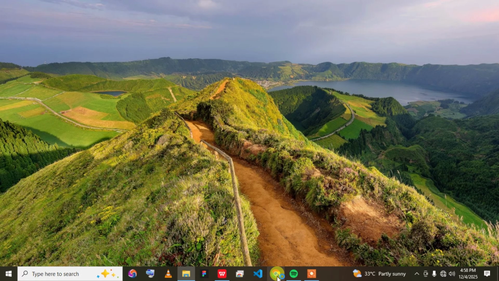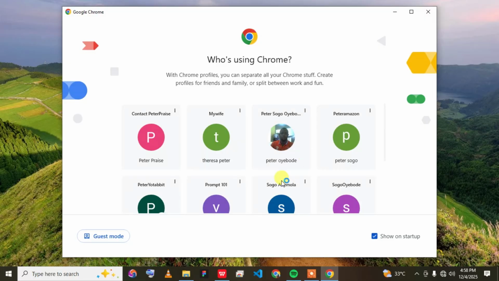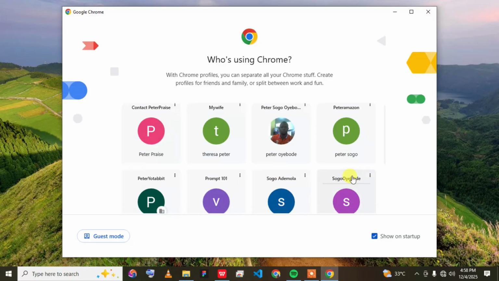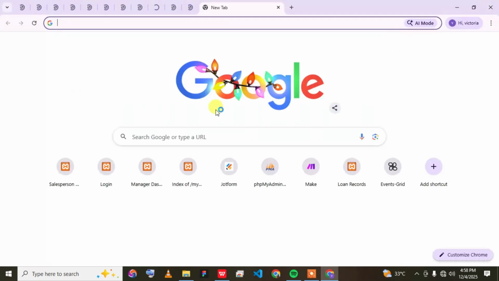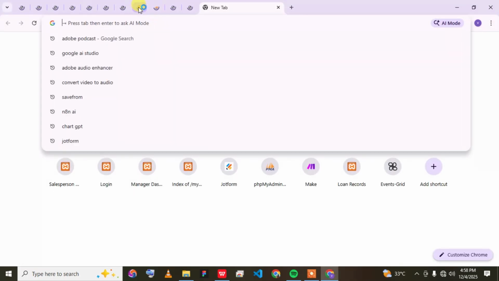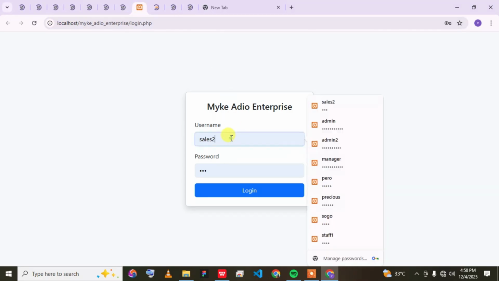There is this software that I have designed for somebody, so I will be showing you the software. So most of the time you go to the browser and then you type the web address. Now looking at this, as you can see, this is